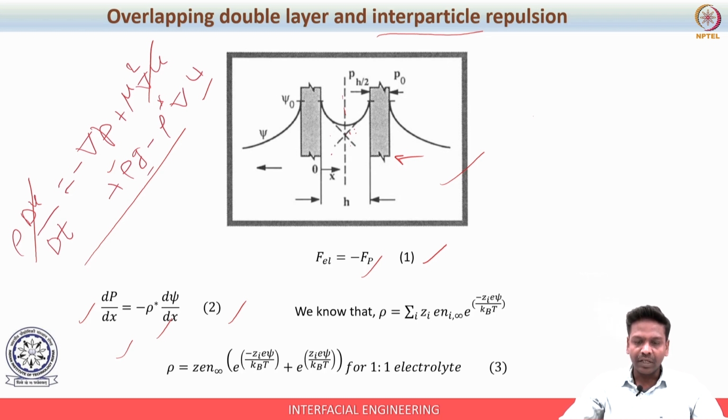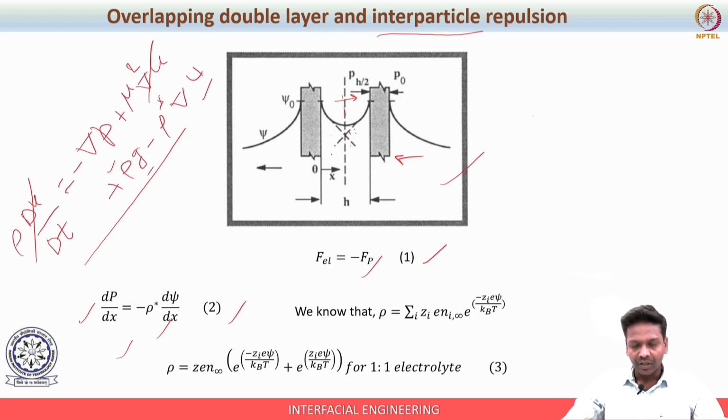On the other hand, because of the electrical double layer, there will be repulsion between the two. So this repulsive force will try to keep the plates away, so a force will also be experienced in the opposite direction. On one hand you have pressure force due to osmotic imbalance that will try to compress the plates. On the other hand, there will be electrostatic repulsion which will try to keep the plates away from each other. So these two competing forces are acting. We are considering this scenario. So if this is going to be our governing equation, how can we solve this equation further?